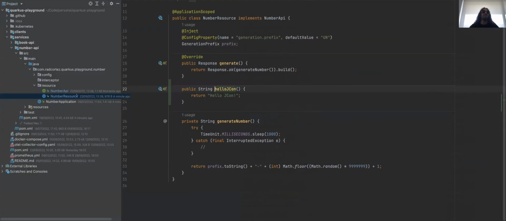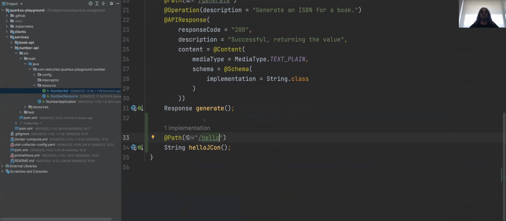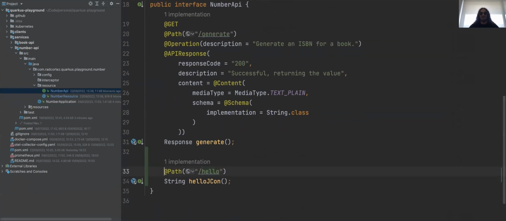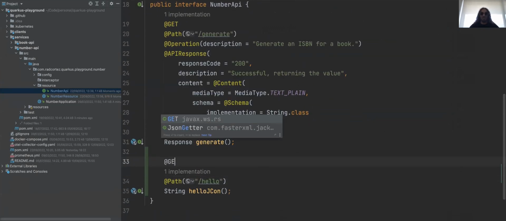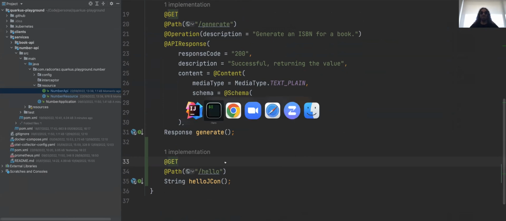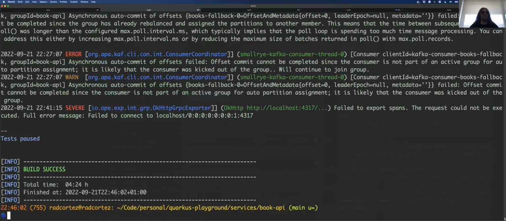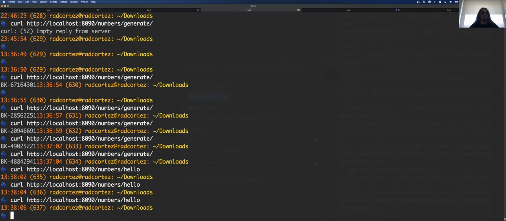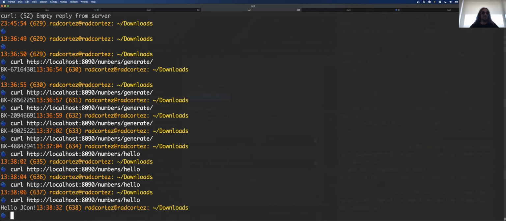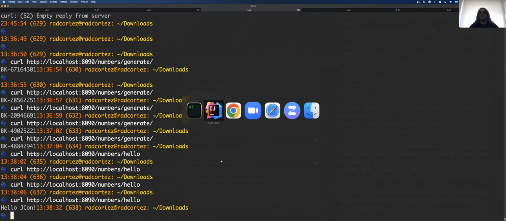Oh, I think I'm missing something. Yeah, sorry. It's using position reference because I need to put the method name. Sorry about that. Oops, not this one. And there you go. Now you have a low JCon, right? And as you've seen, I haven't changed the